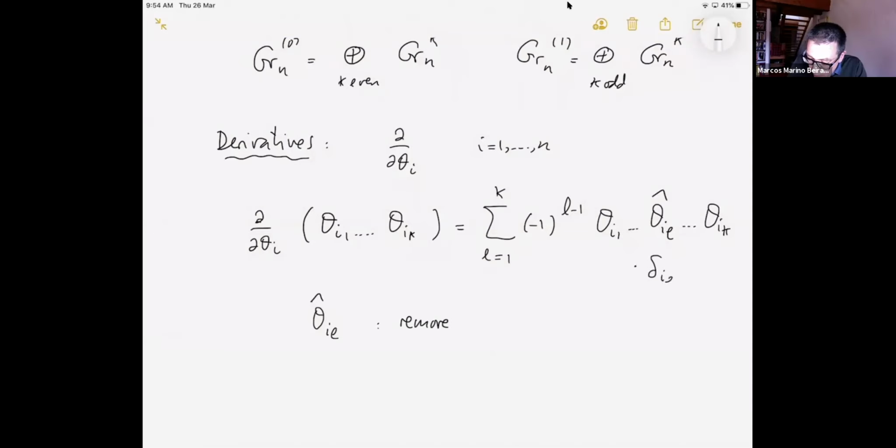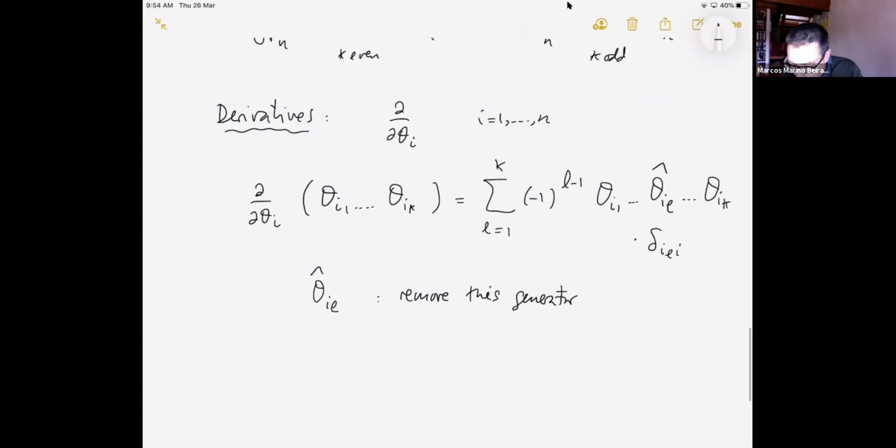Times DELI. Okay, so we remove this generator. So this is not a very clear definition. But what this says is the following: when you act with the derivative, you start scanning this monomial, and then you see if any of these indexes is equal to I. If the first index is equal to I, you remove it, and you have the first term, and then